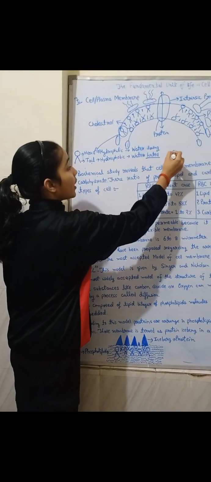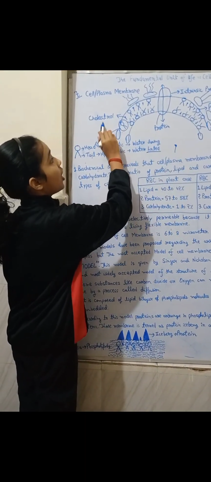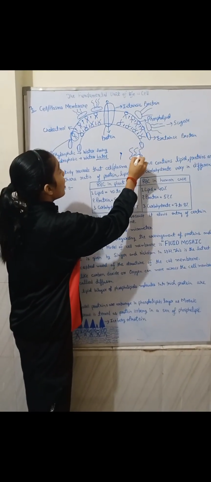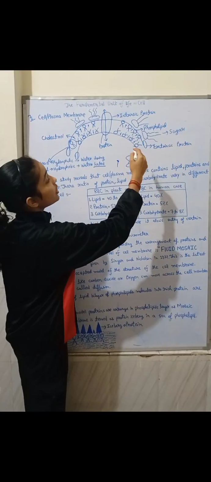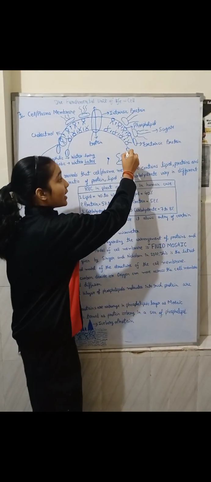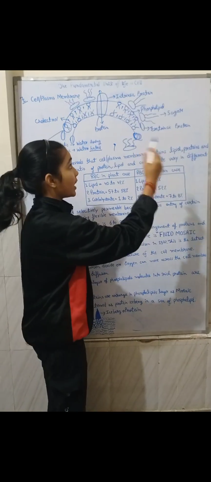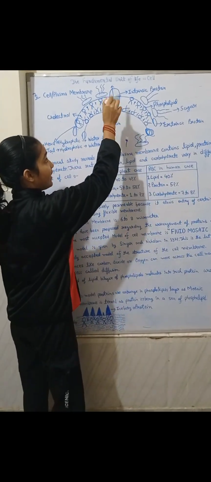This point and line represents cholesterol, this sign represents sugar, and at the end this represents extrinsic protein, and in between